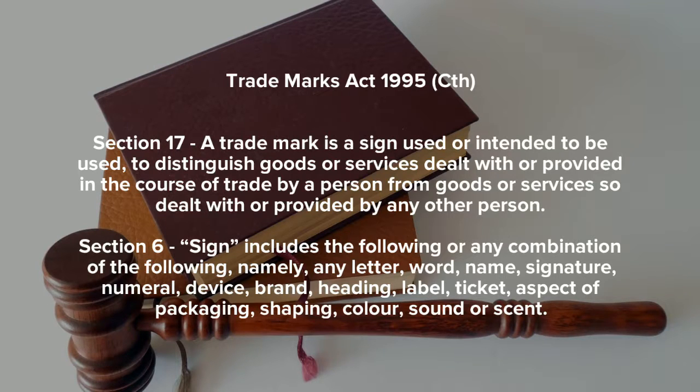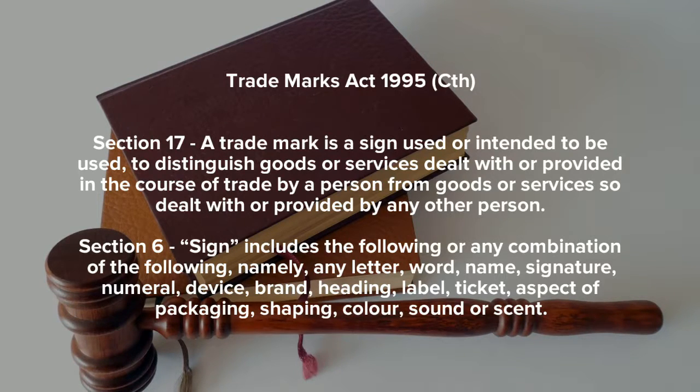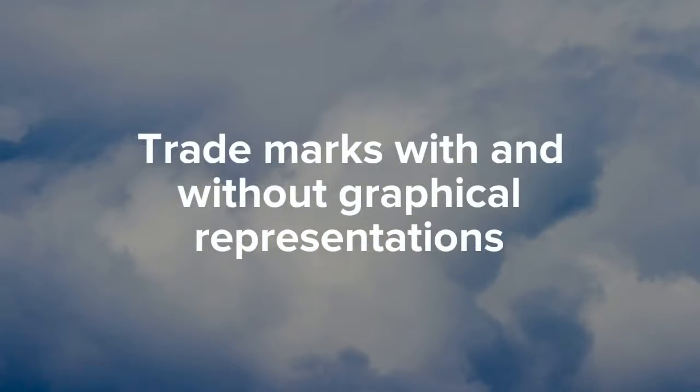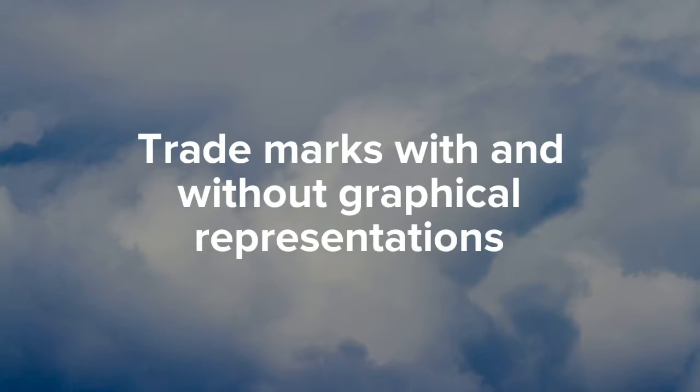Given the inclusive definition of sign in Section 17, there is a presumption that Section 40 is irrelevant unless it is clear that no suitable graphical representation is possible. Whilst the definition of sign does include sensory trademarks such as sound and scent, how is this practically registered with the implementation of Section 40 and the notion of graphically represented? For trademarks that meet these sensory issues, the applicant must, along with submitting their application, provide a concise and accurate description of the trademark. Such descriptions have to be carefully described in order to be registered.